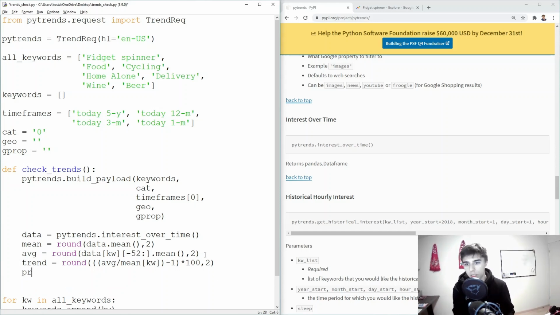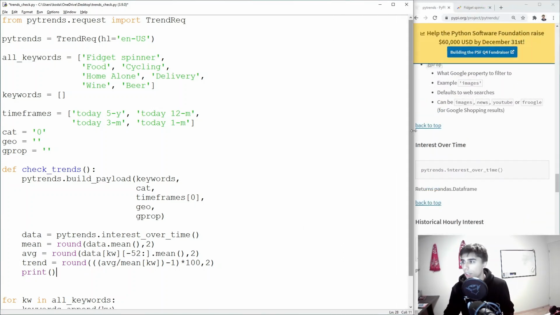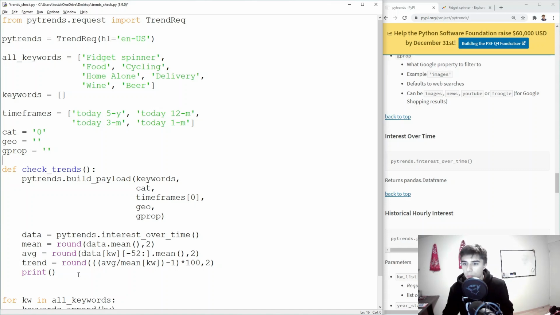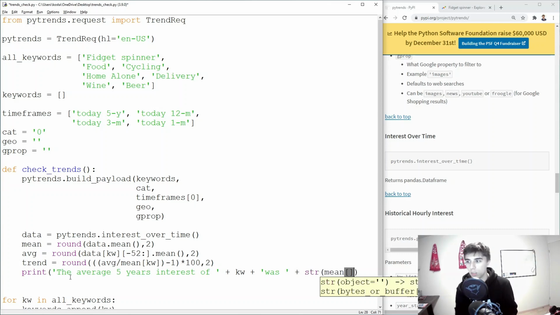Let's start with that. Print. I'm going to make this wider. I don't think we're going to need this part, but anyway, let's leave it there. So what we're going to print is what this trend suggests, the average year compared to the last 5 years. And we also have the mean, which is the average interest in the last 5 years. So let's actually have both. So the average 5 years interest of the keyword was plus string of mean keyword, and